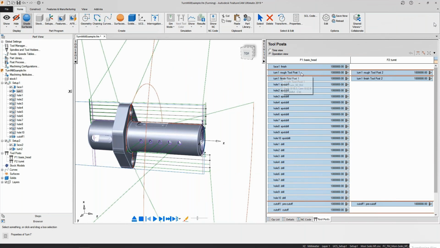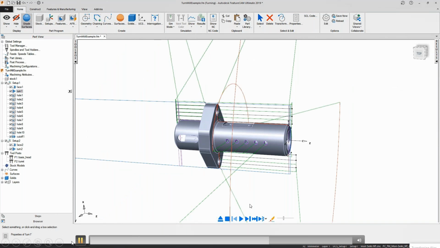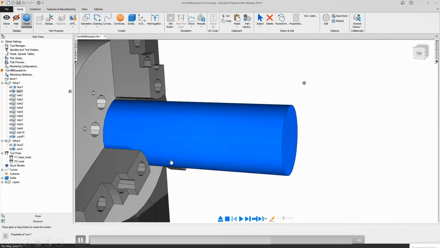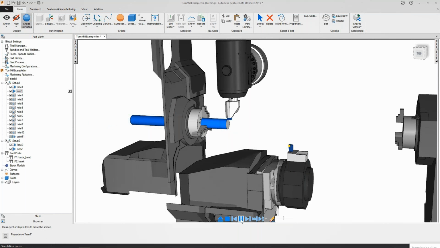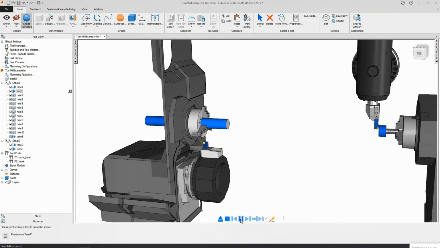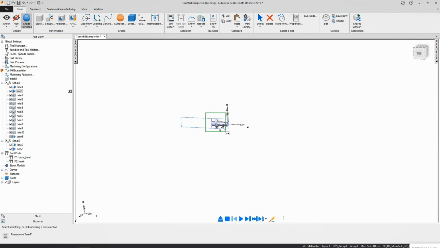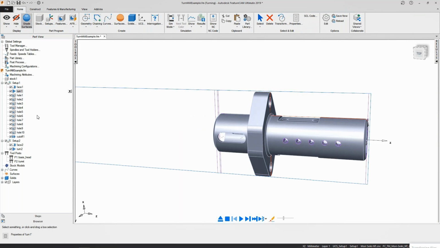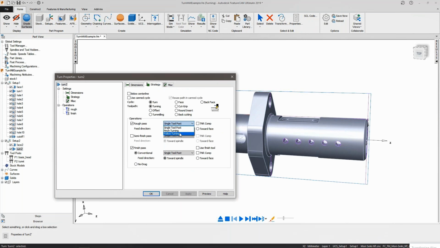Once the synchronization is done, you can see operations running on both the main spindle and the subspindle. Because of this advantage, your cycle times or machining time drastically come down. Since you have invested in such high-end machines, we have to take the full capability of the machine. FutureCam supports you in taking full advantage of the investment you have made in your hardware.